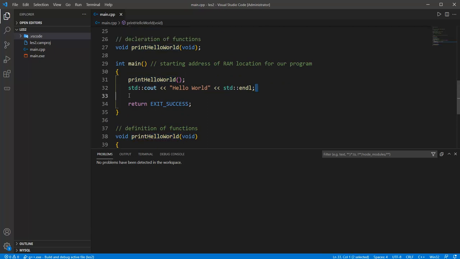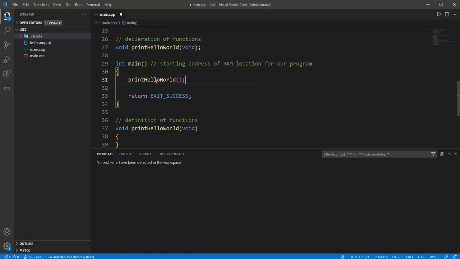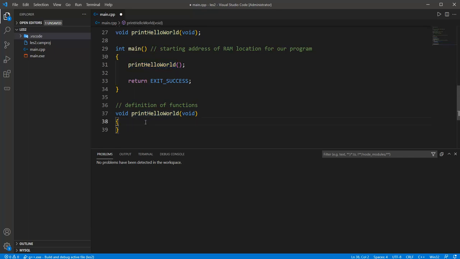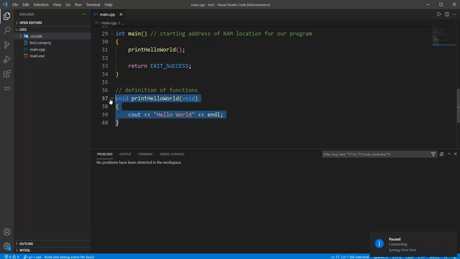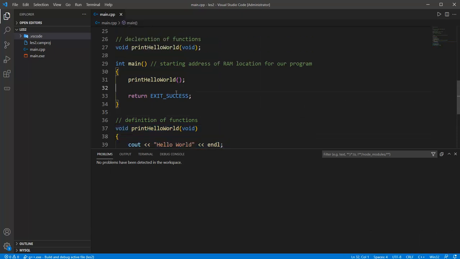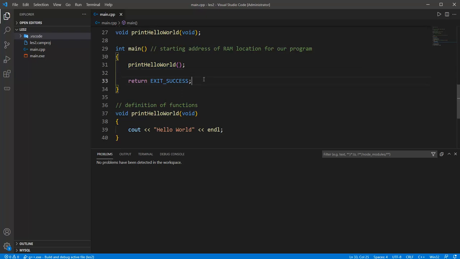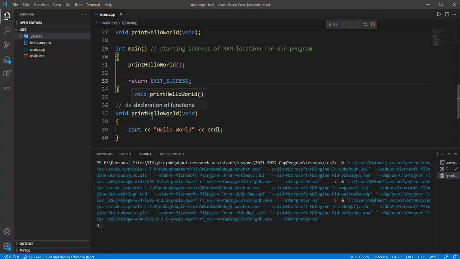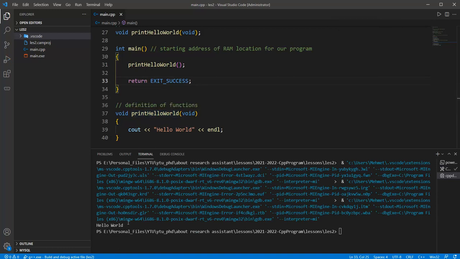Okay, and so what about this? The print hello world function is given in here, but what's the purpose of this function? The purpose of this function is printing the hello world in here. And if we have this kind of definition in here, we can call the print hello world function, and then if you push the Control F5 button in here, the hello world is given